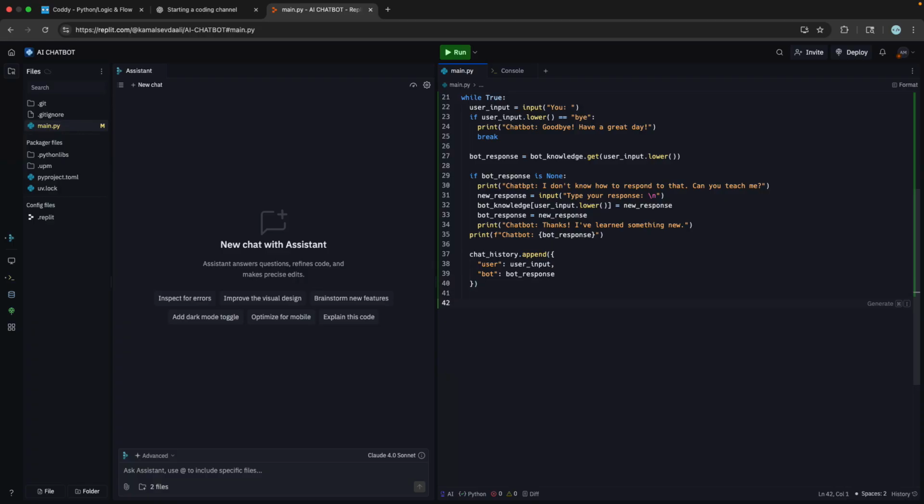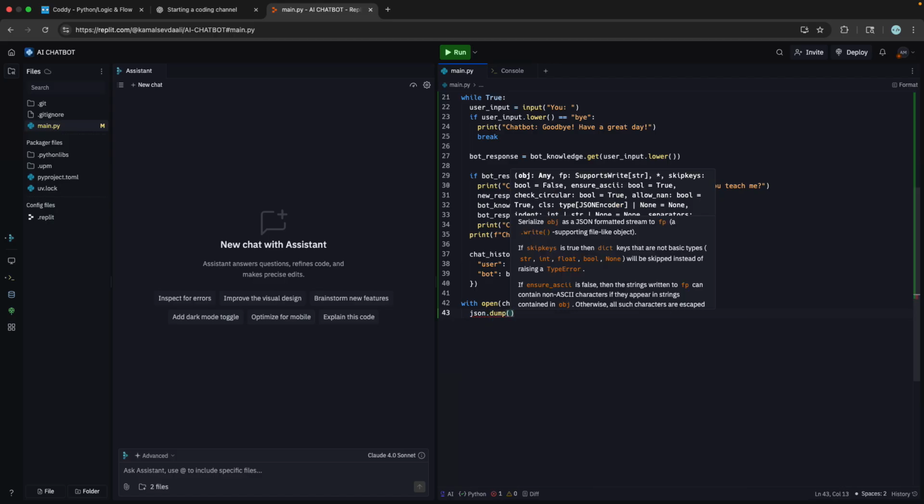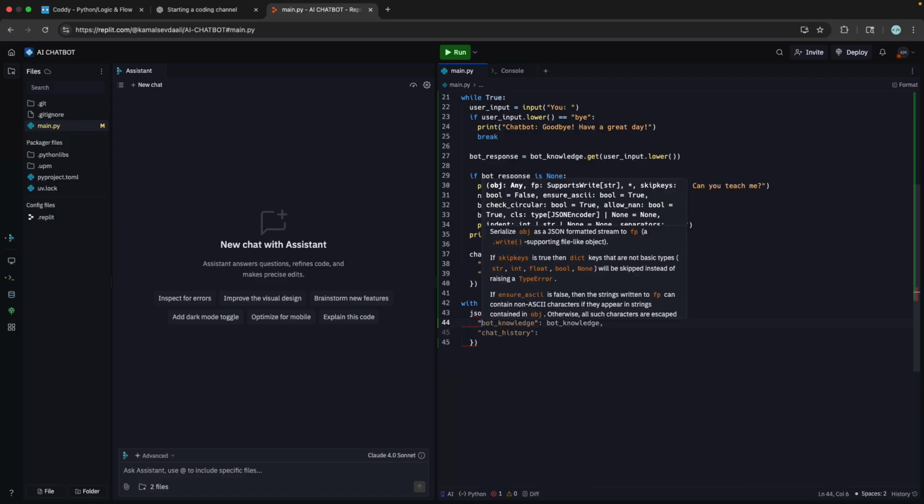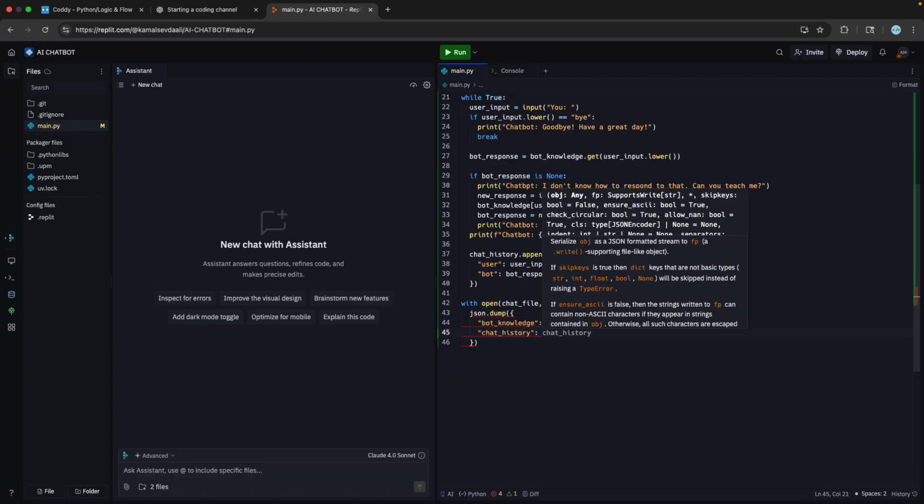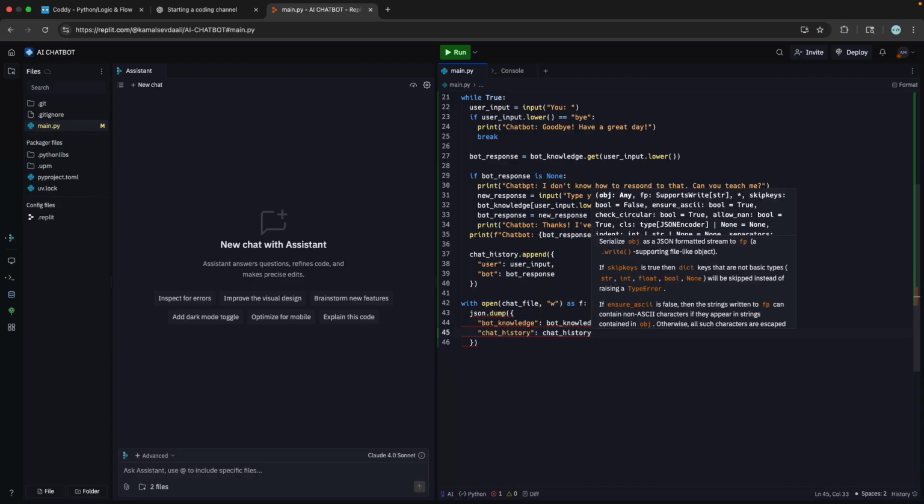Okay, now we're gonna have to save the data. So with open chat file, now we're gonna put this on write mode. So make sure it's lowercase as f, and then we're just gonna do JSON.dump, which will dump everything into the JSON file, create a dictionary, and then the bot knowledge, and then we have to make chat history,